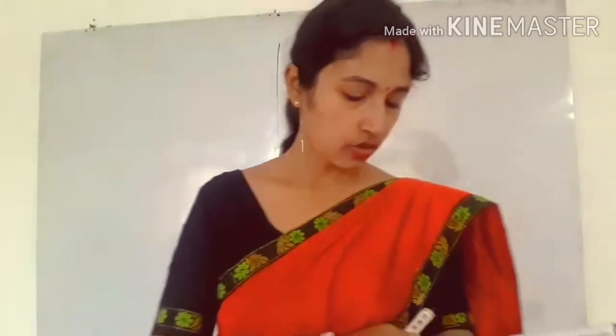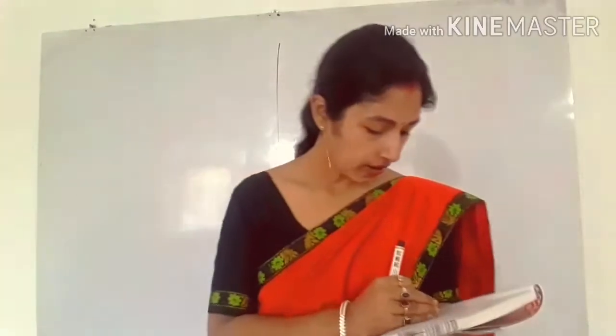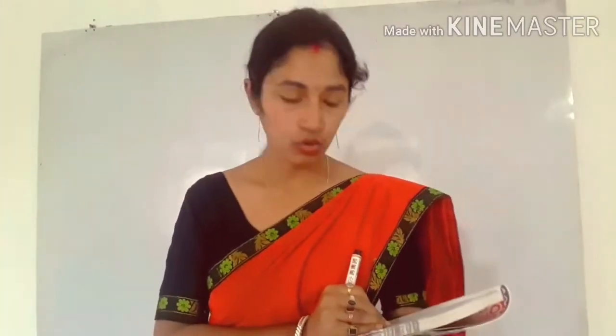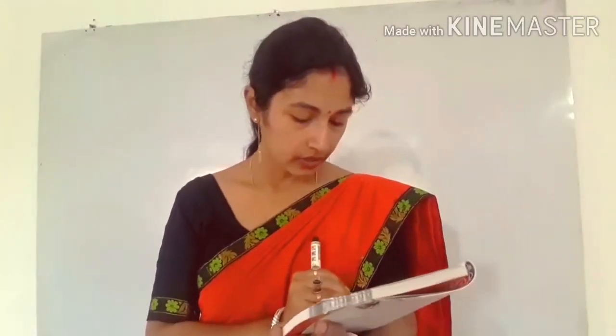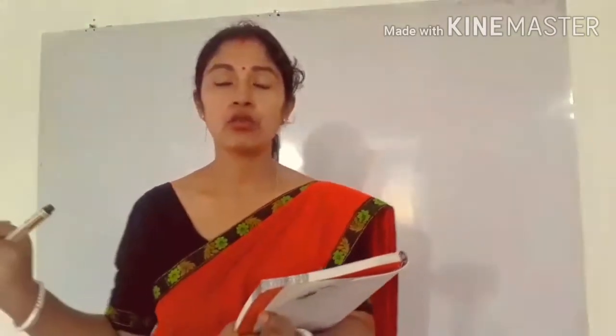You have to write yes or no in appropriate boxes. All the properties are written here. The first property is closure property, and you have to write whether closure property is satisfied in addition or not. If it is satisfied, you have to write yes. If it is not satisfied, then you have to write no. I have already discussed all the properties. Just go through the properties and see where it is satisfied, yes or no, and write according to that.